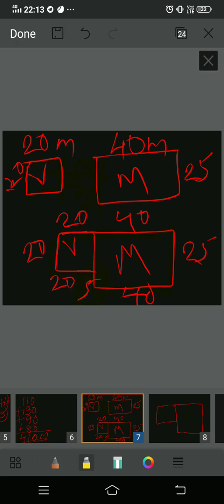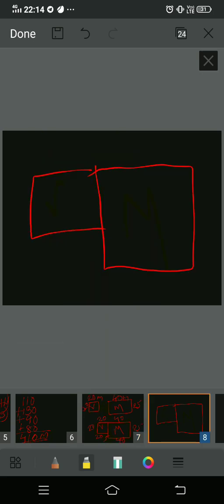So how come? Because Veena's plot is 20 meters in width. The length is also 20, but we are just considering the width as of now. So the width is 20 meters and Manoj's width is 25 meters. If we merge together, then 20 will stay 20 and 25 will stay 25, isn't it? So 20 has merged, but this part of Manoj's is still left over, the 5 meter part. This 5 meter part is still exceeding even if you are merging. You understood, children? Okay. Now this has been merged.